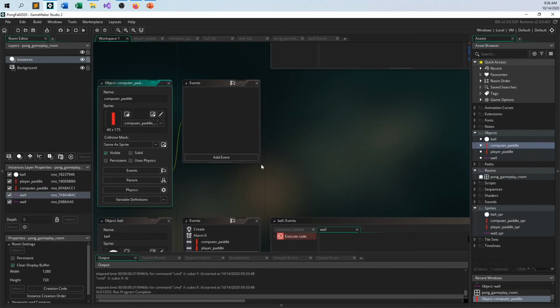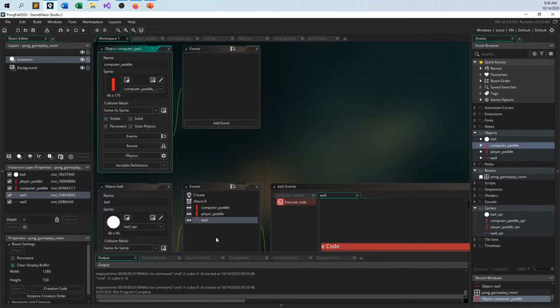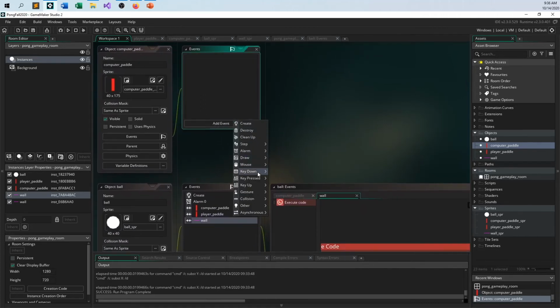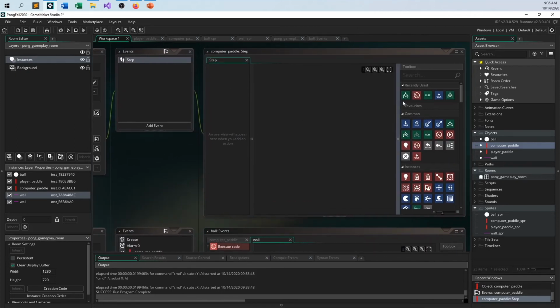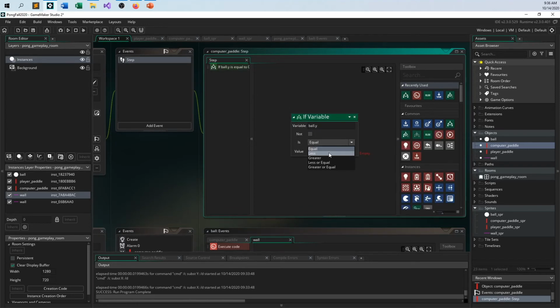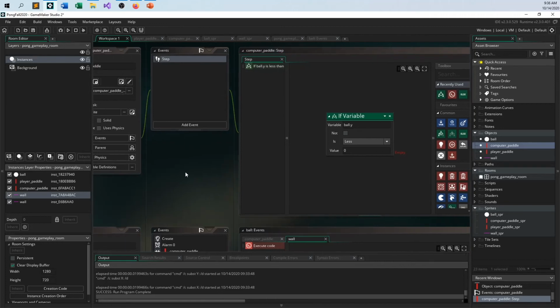Sorry, everyone. You can go ahead and erase everything back, or you can leave the step event in. It doesn't hurt anything. But this is in the paddle. And I go in a step event, I'll drag in the if statement, and I can say, okay, if ball.y is less than me, computer paddle.y,